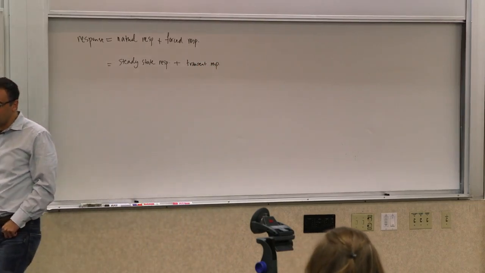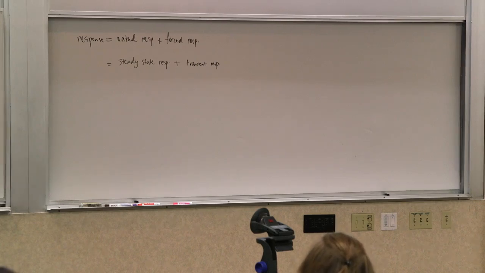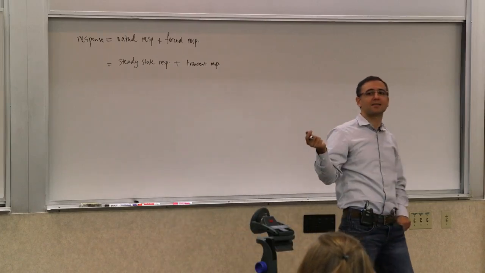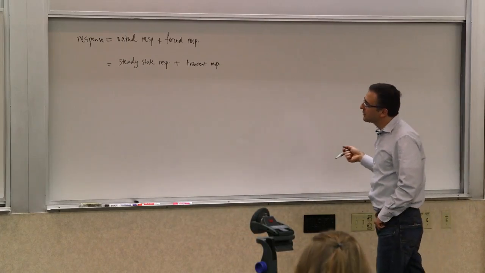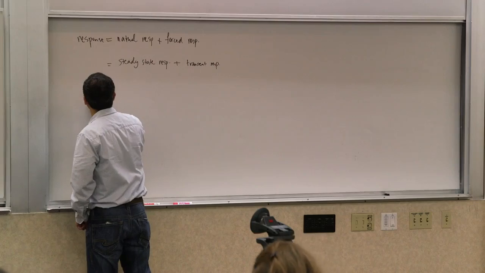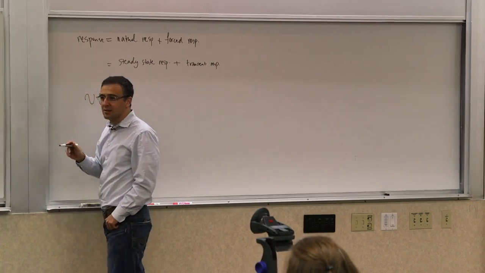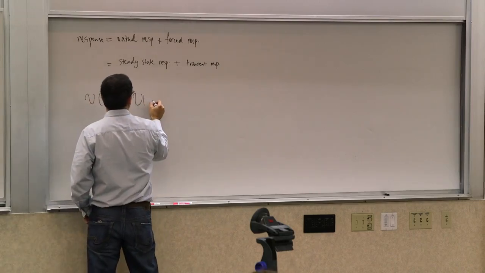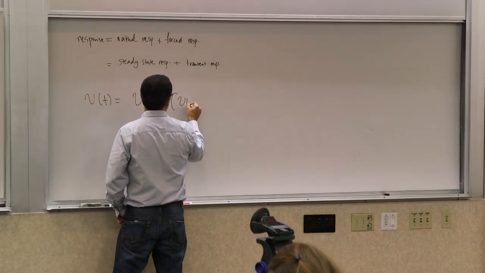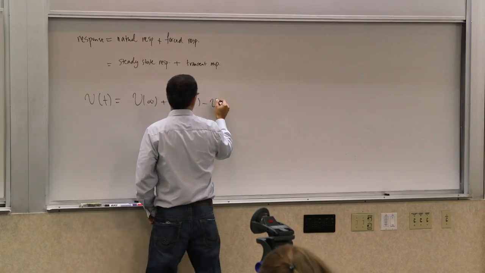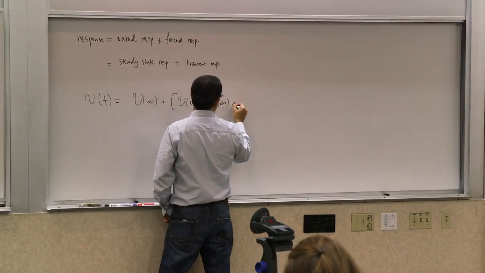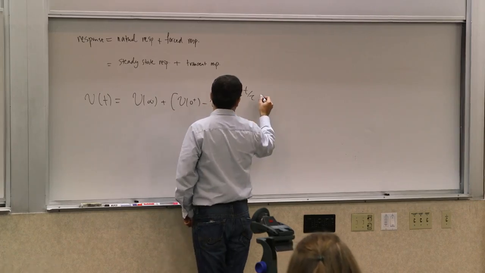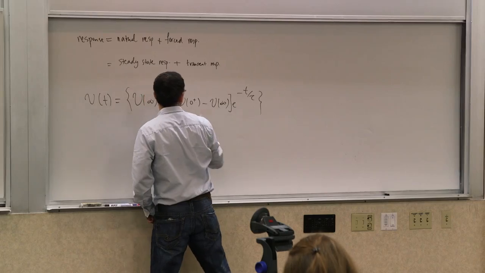So there are two different ways of writing this. Now, we saw that for a first order system, if you have, for example, a single capacitor or a single inductor in the system, the time domain response, let's say a voltage at some point, could be written in the following form. You could write it as v of infinity plus v of 0 plus minus v of infinity times e to the negative t over tau,